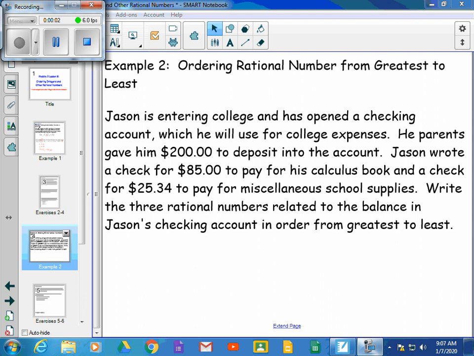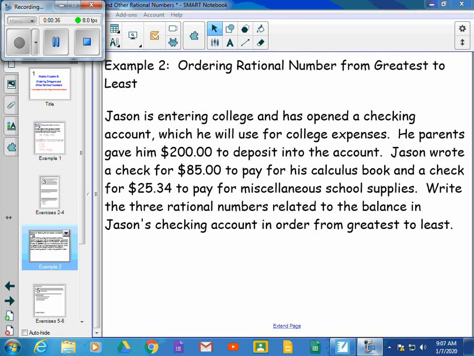Okay, let's go to example 2, where we're going to be ordering rational numbers from greatest to least this time. Here's our problem. It says Jason is entering college and has opened a checking account, which he will use for college expenses. His parents gave him $200 to deposit into the account. Jason wrote a check for $85 to pay for his calculus book, and a check for $25.34 to pay for miscellaneous school supplies. Write the 3 rational numbers related to the balance in Jason's checking account in order from greatest